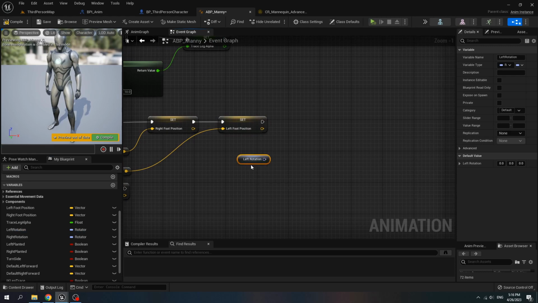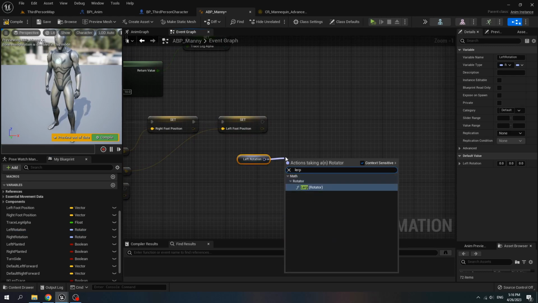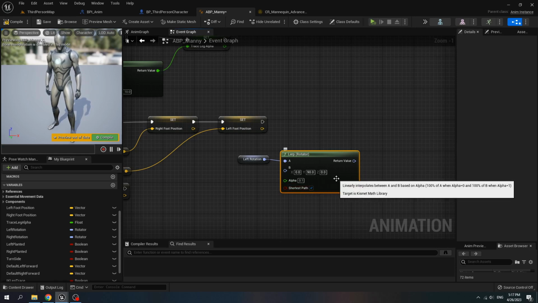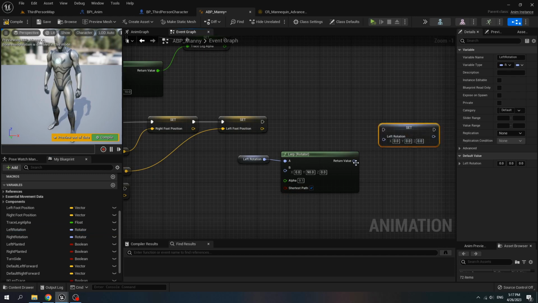Get left rotation, call lerp rotator, B is 90 for Y, alpha is 0.1, set shortest path to true, set it to left rotation.